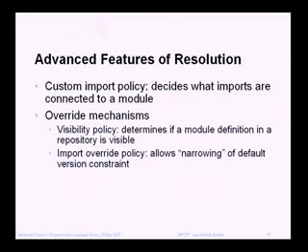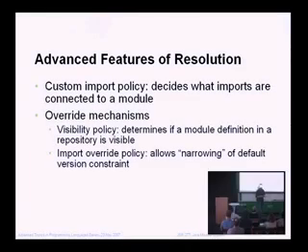inputs are being provided. So the first feature is a custom import policy. This is actually embedded inside the module, and it gives you more power than a standard version constraint. It's actually a piece of code, a class that follows some standard API, that is invoked by the module system to find out which versions of modules satisfy a particular import. So this is a fairly powerful mechanism. It would be best if it was never used, because of course it's better to use a declarative approach in general than imperative. But in some cases, for example, for different module systems, it may actually be required to provide more